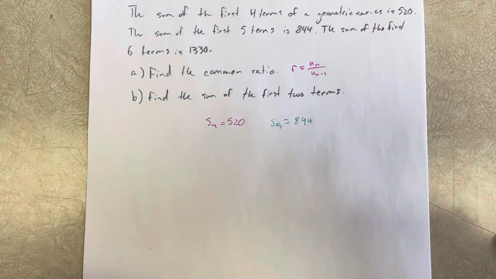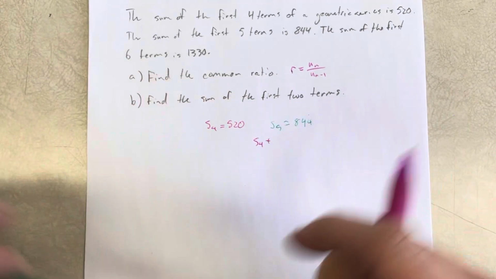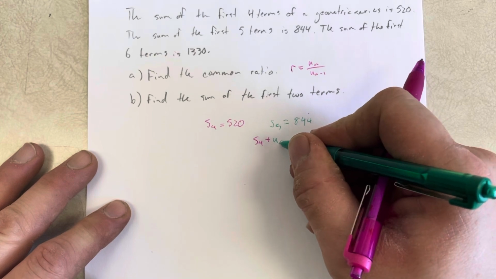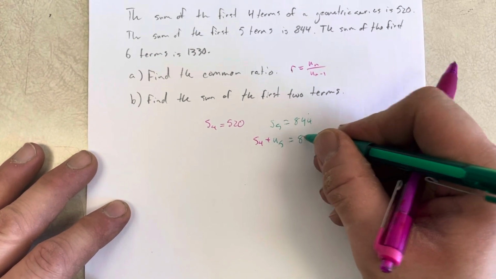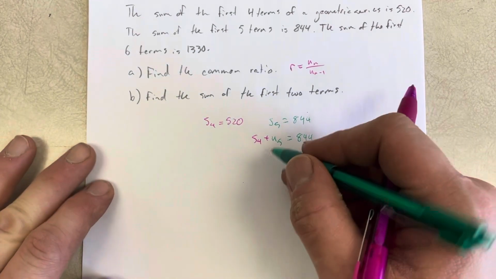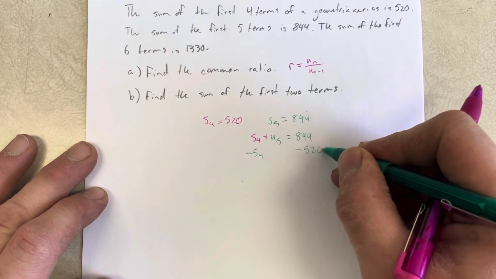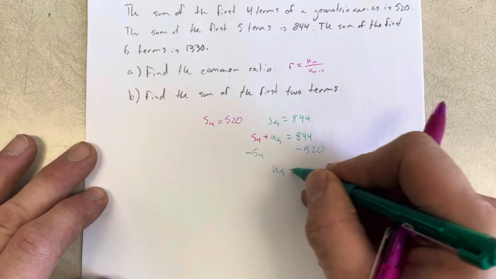But the fun thing about S5 is it's also equal to S4 plus U5. And so that means that 844 is the sum of 520 and the fifth term. So I'm just going to subtract S4 from both sides. By that I mean subtracting 520. So U5 is equal to